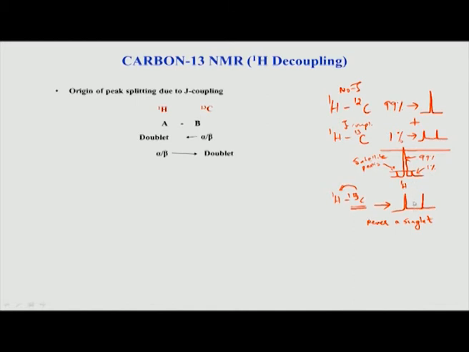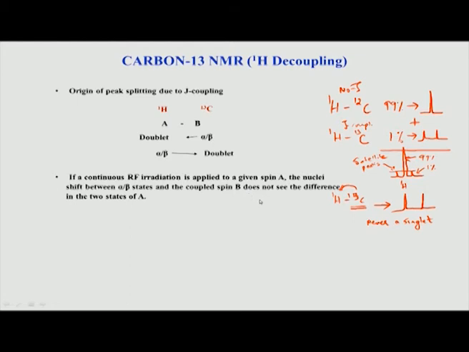But remember, if I remove the J interaction, I also lose the information of the multiplicity. But let us say that we do not care for multiplicity now, we only want a single peak. Then I have to remove the J coupling between the carbon and hydrogen, and only then will I get a singlet. So, how do we actually do decoupling? How do we remove this interaction so that we can get a singlet? And that is done as follows.